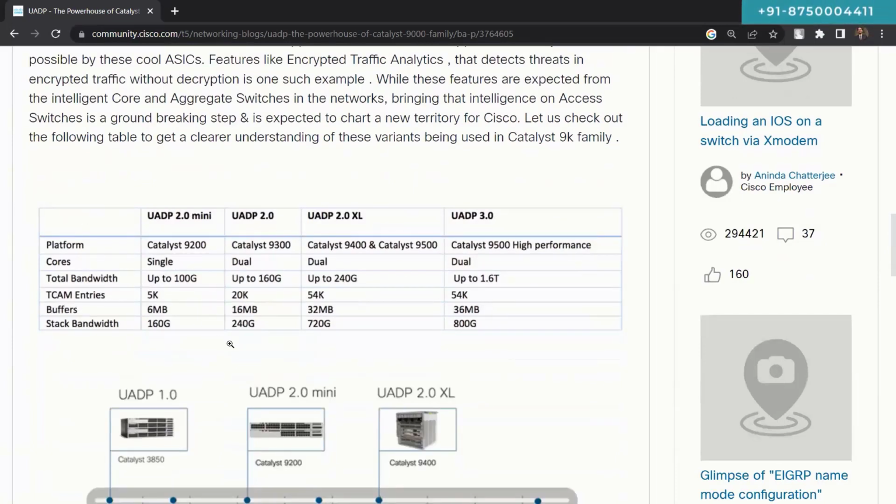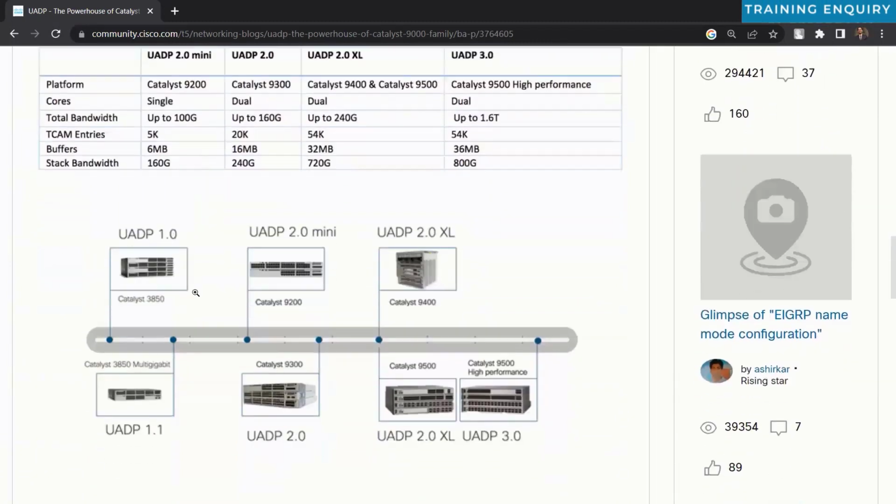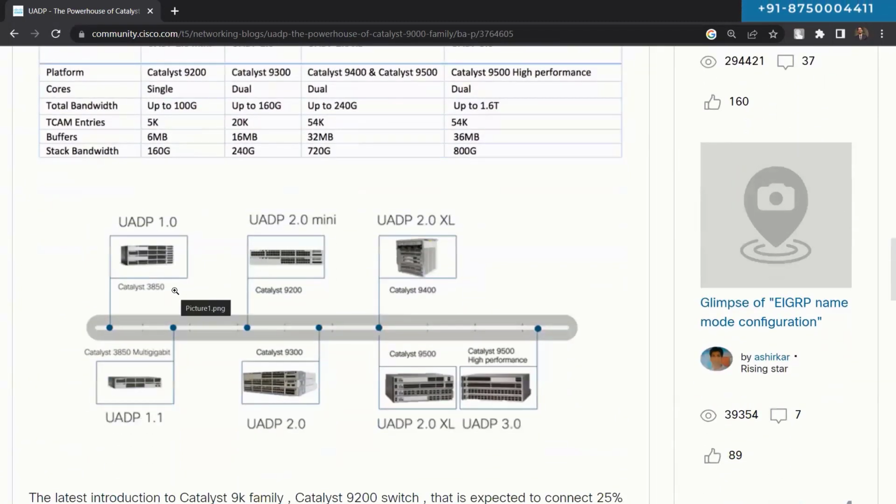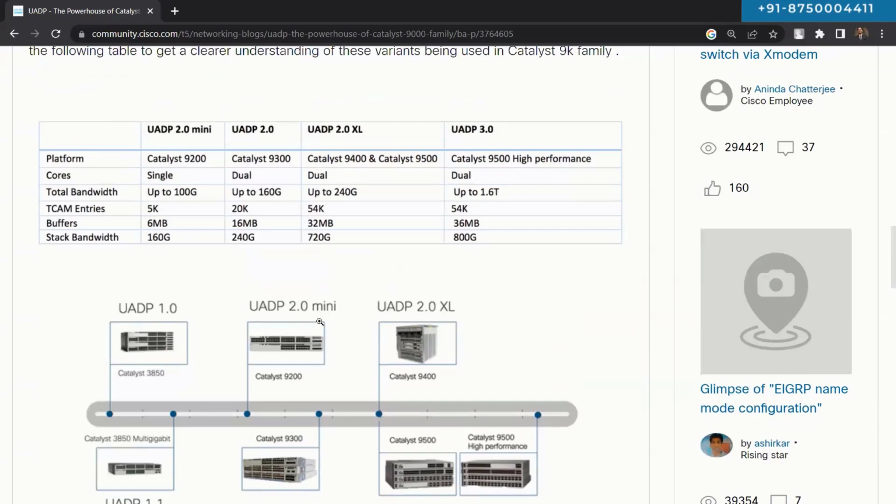You can check the bandwidth, cores, and everything on that particular switch platform. The Catalyst 3850 series switch platform used to come with UADP version 1.0. Then the Catalyst 3850 multi-gigabit switch comes with UADP version 1.1. Then the Catalyst 9200 series switch platform comes with UADP version 2.0 mini. Then Catalyst 9300 and so on, these are the Catalyst switch platforms that come with different versions of the UADP. So UADP 2.0 mini, 2.0, 2.0 XL, 3.0. These are the application specific integrated circuits that you might see nowadays in your Catalyst 9K